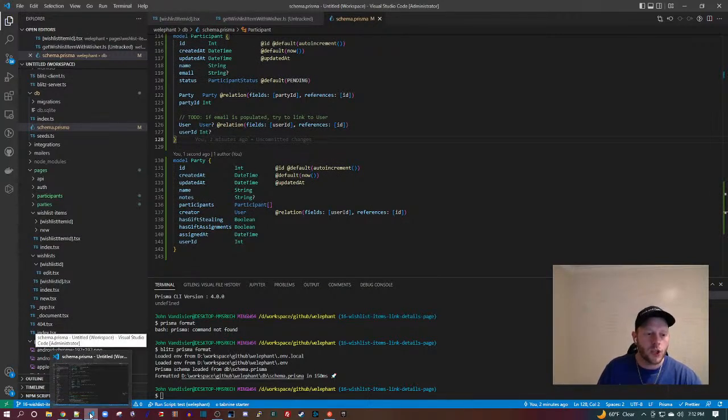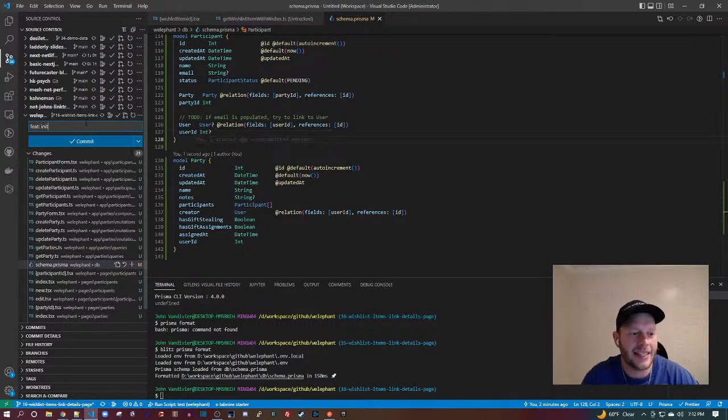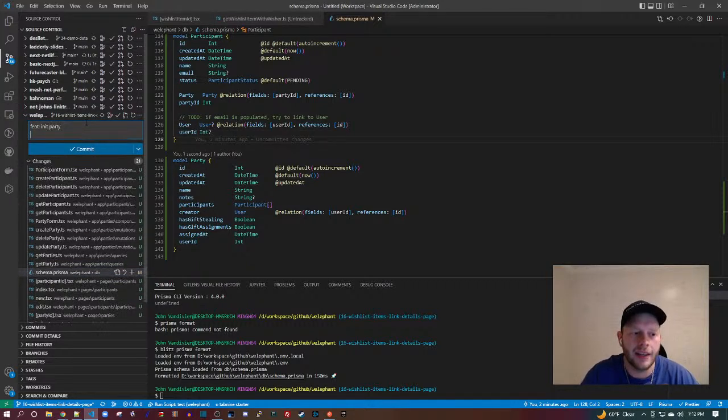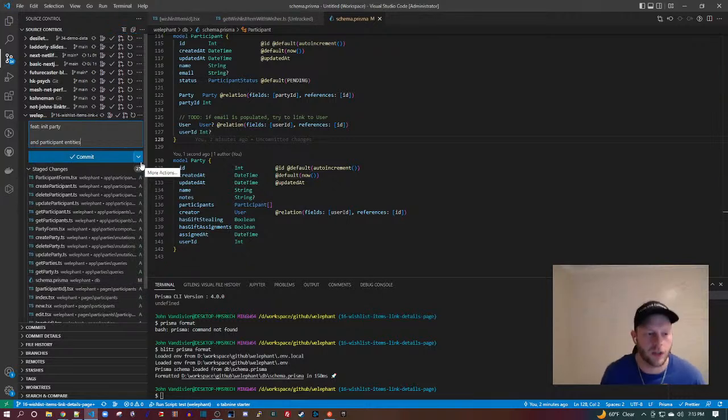Cool. So at this point, before I fix anything, I'm just going to commit, because look at all these code changes, right? So I'm going to say feat init party and participant entities. Cool. So we're going to stage all that. Oh gosh, I shouldn't have clicked stage. So I have Husky hooks, so like staging and committing can take a while.